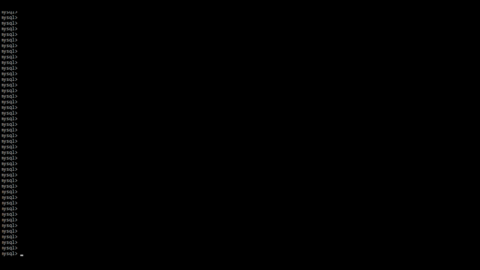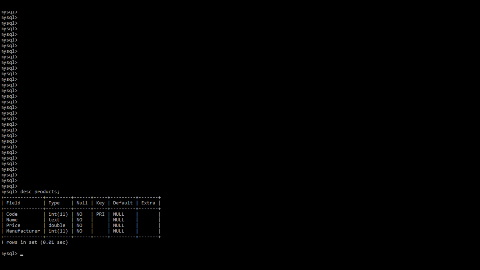First of all, we're going to see a table called products, which has been created before, because the process of creating a table was covered in the previous lecture. So let us see how the products table looks, the relation schema, by using describe products. You must be in SQL and you have selected the database that you'll be working on. Describe products, you put a semicolon and then you press enter. There we have a products table